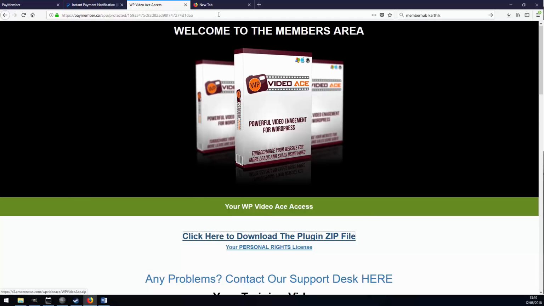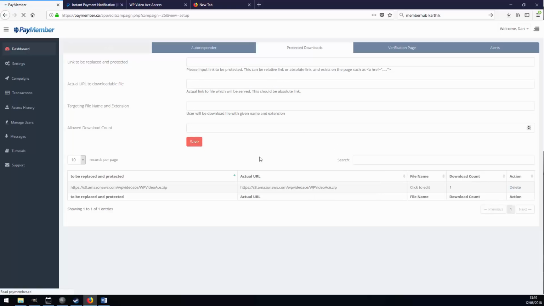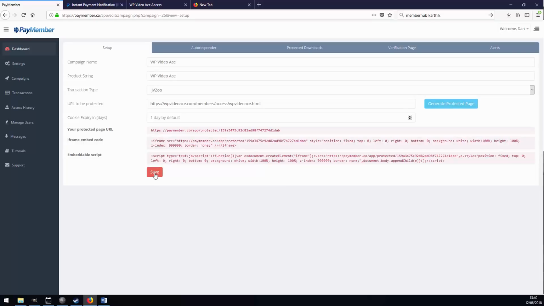All you need to do is copy the download link that appears on your page. So we go back to PayMember here. We'll just put it in here. We'll put it in there as well. We've got some other different options that you can configure with this, but I'll not go into them. We'll say someone's allowed to download it only once. We'll click save. Then we go back to the page. So then we will just save these changes and then generate the page again. So if we open this up,